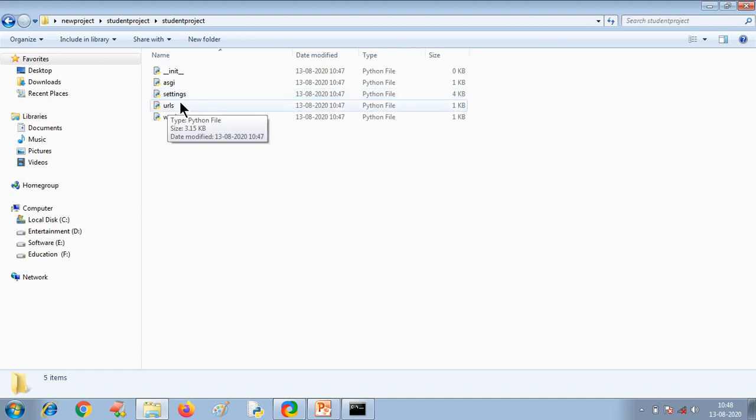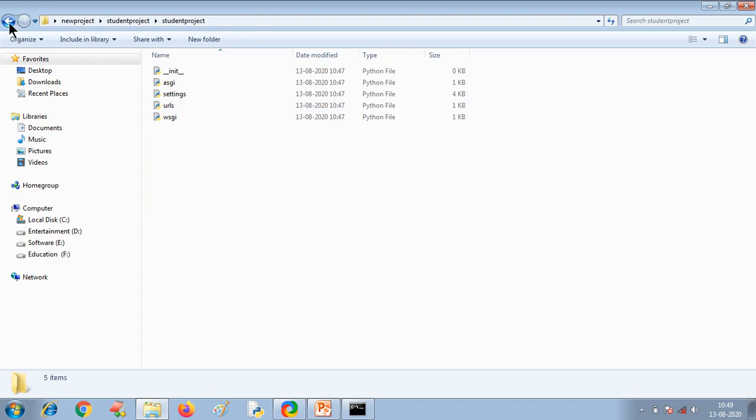Now URLs. URL stands for Uniform Resource Locator. Whenever you are going to search something in the web, you are using some URL, right? So whenever you are going to access one application, then also you need to use some URL. So what URLs you are going to use in your application, in your project, need to be specified here. You need to specify the URL along with the corresponding actions in this urls.py file. We'll see one by one.